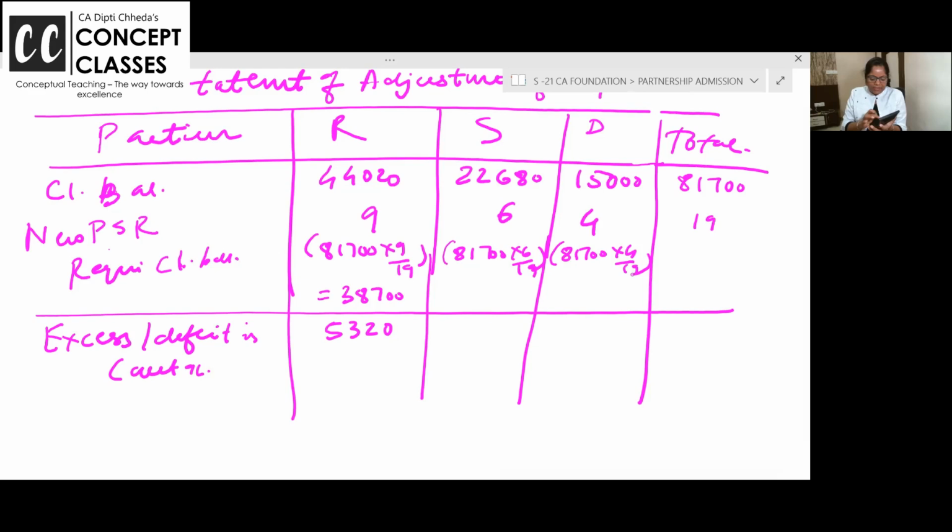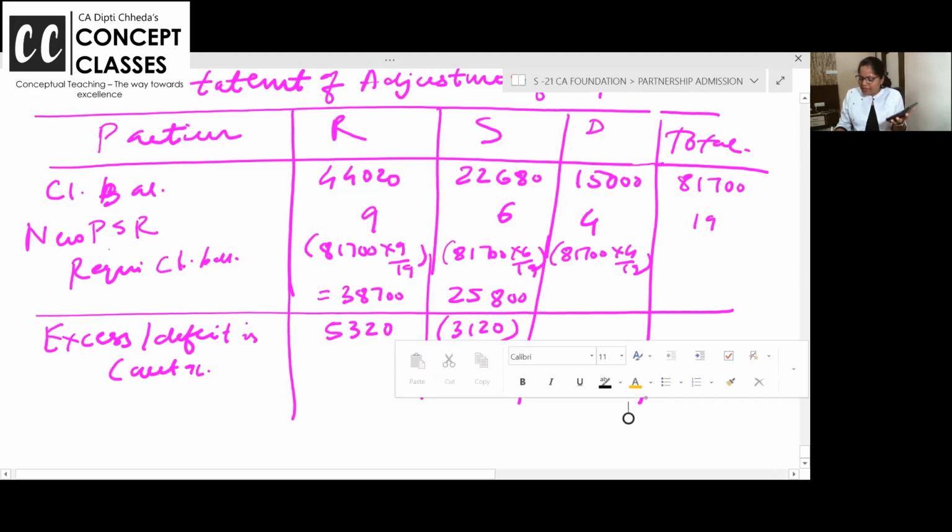81,700 into 6 divided by 19. 25,800 minus 22,680. 3120 S you have to get from your current account. 81,700 into 4 divided by 90. D, you too have to get. Still, you will also have to get because we want your capital to be